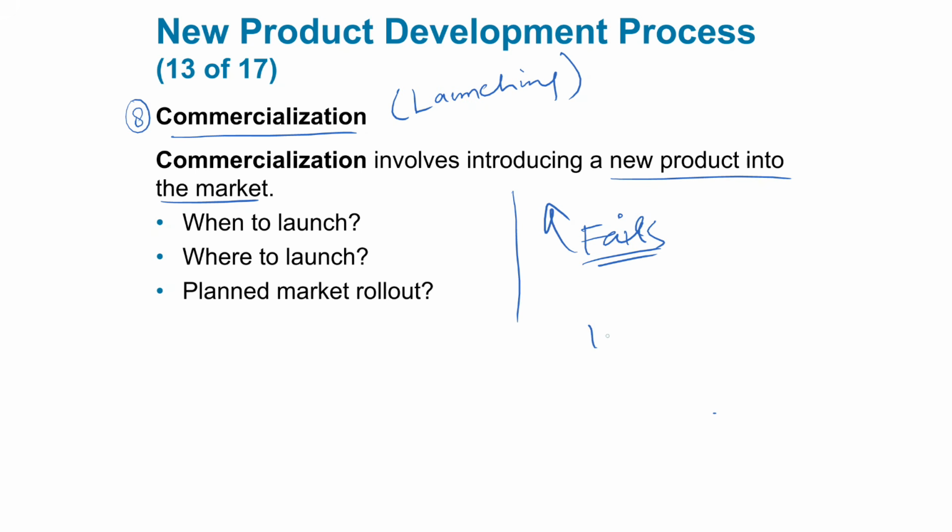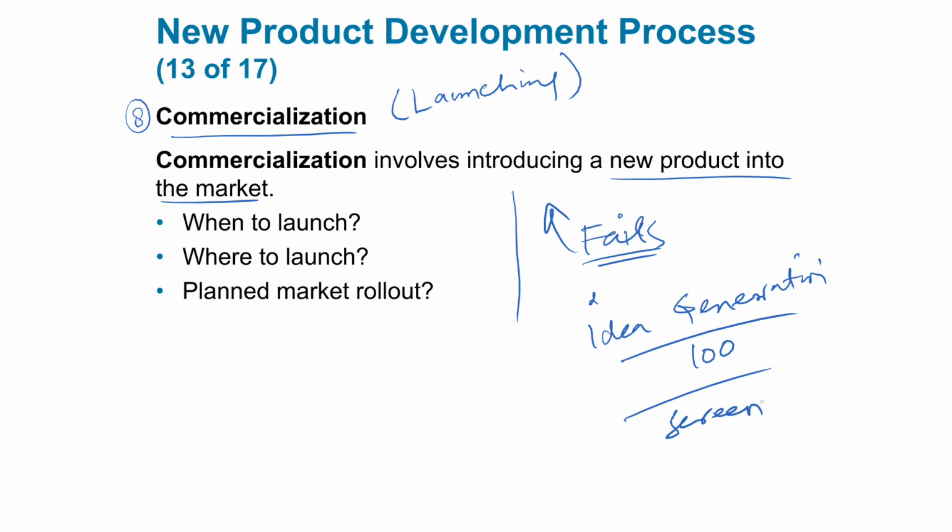For example, in idea generation stage, you generated how many ideas? You remember? 100 ideas. You screened to 10 ideas. You selected one idea, top first, and you moved on to the last stage and it failed somewhere. Suppose it failed on business feasibility. What will you do? You go back to the screened ideas, choose idea number 2 and again start the stage.